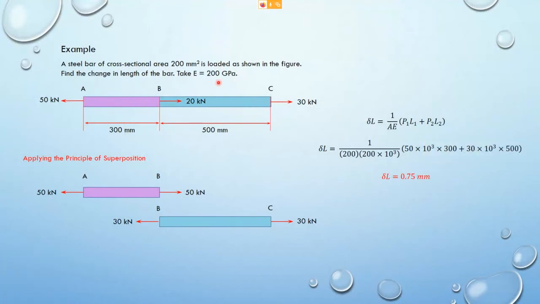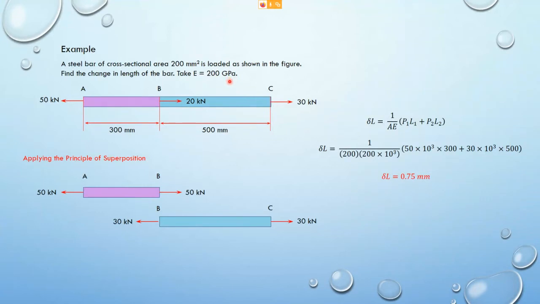So now, don't look at other things first. Look at the question first. A steel bar of cross-sectional area 200 millimeters square is loaded as shown in the figure. Find the change in length. That means the total change in length, the total deformation of the bar, by taking Young's modulus as 200 gigapascal. So